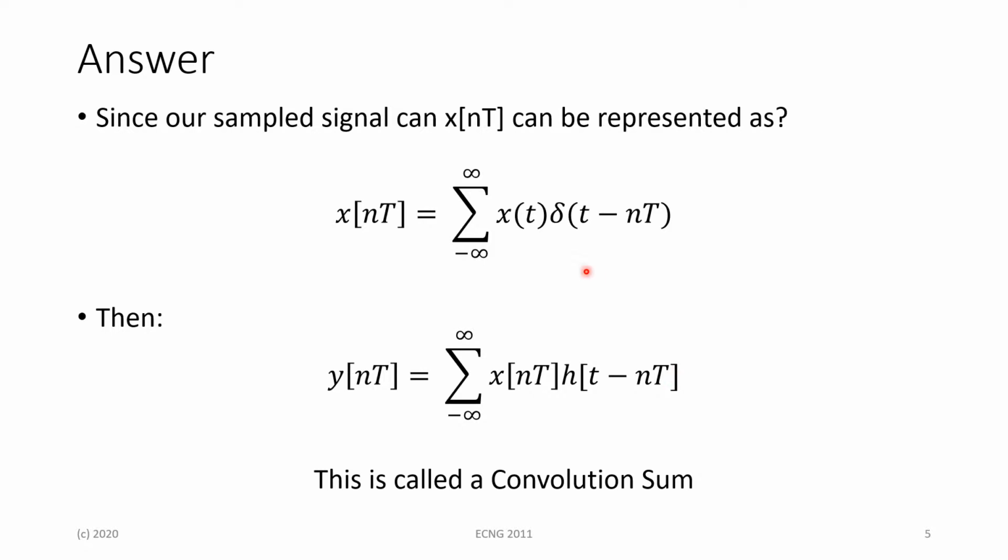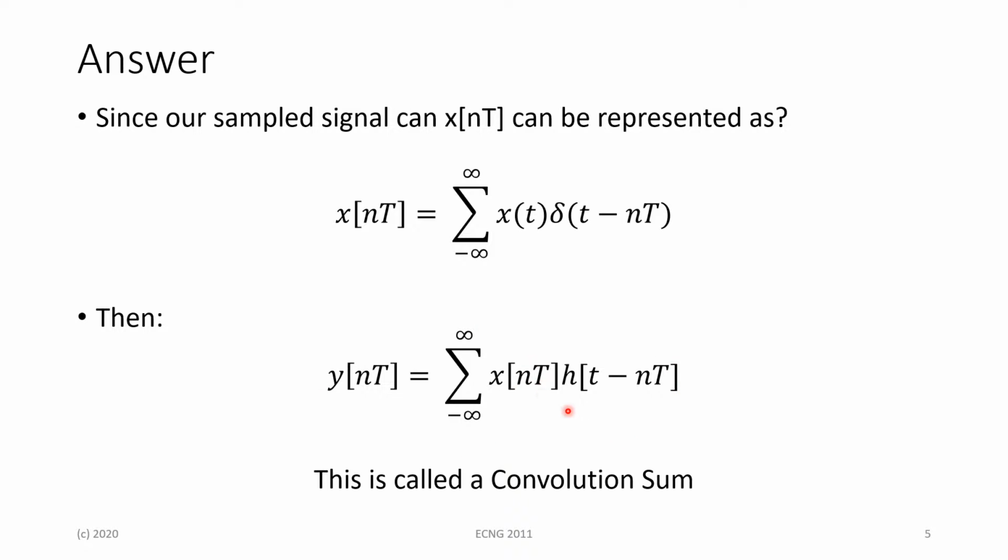So basically, our sample signal here, because it's a discretized time signal, is represented by x of nT, being a summation of the continuous time signal x of t multiplied by our impulse train, which will be delta of t minus nT accordingly. The summation series lets us manipulate it so that we shift x of t and delta of t accordingly as well. Then y of nT, from what we have seen in our previous slide, will